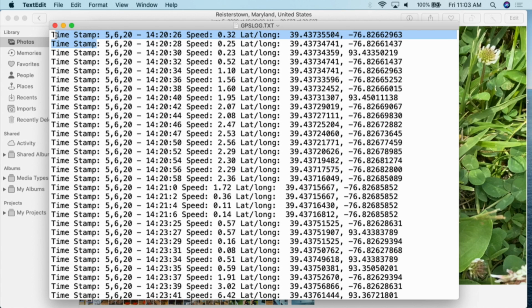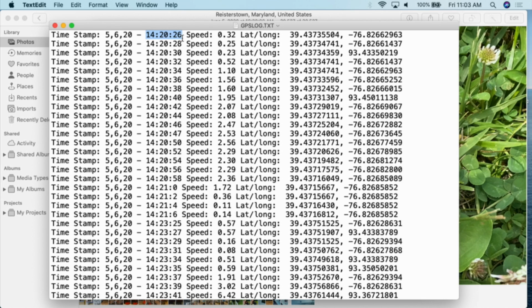So we have the timestamp here. This timestamp is actually pulled from the GPS unit itself, so you don't have to necessarily have a real-time clock with this unit. Part of the whole GPS system is grabbing the GPS time. So we can see that this is the 5th of June 2020. We can see per GPS time, and again, just so you know,